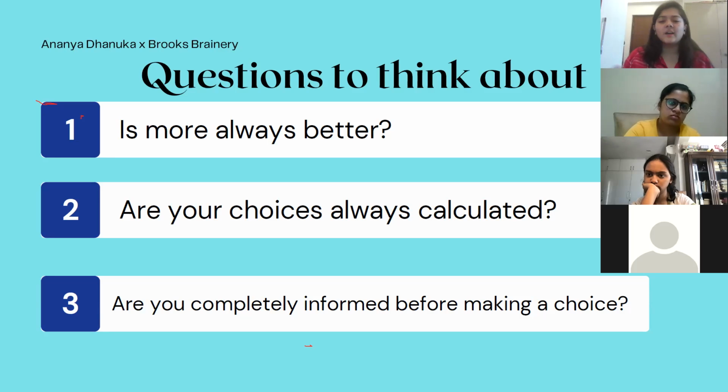And the third thing is, are you completely informed about making a choice before you make the choice? Okay. All of these things assume that you have complete knowledge, right? You have complete knowledge about your own choices. Do I really know if I like oranges over apple or do I not know? So that is one thing. And the second thing is also complete information about how other agents are acting. All right. Are the prices going to remain constant? Income levels, other stuff, right? So, do you have complete information about this entire mechanism that we're working on?